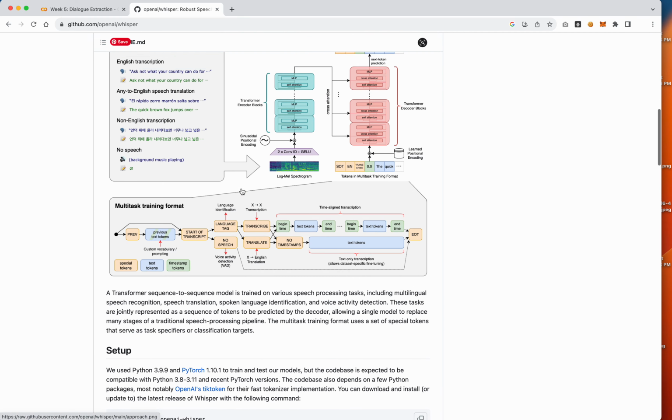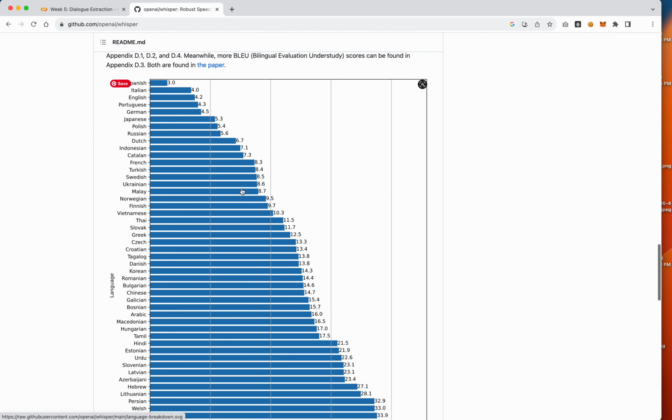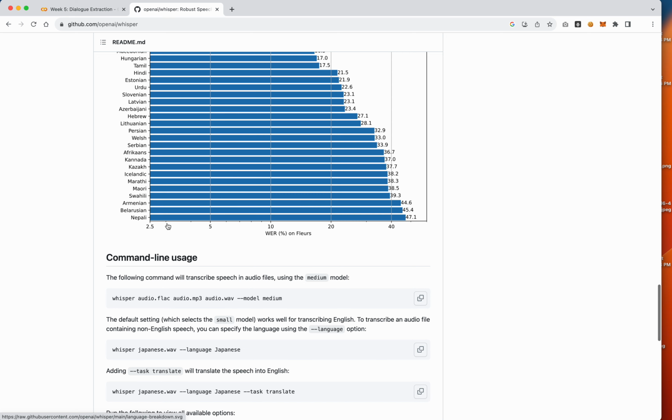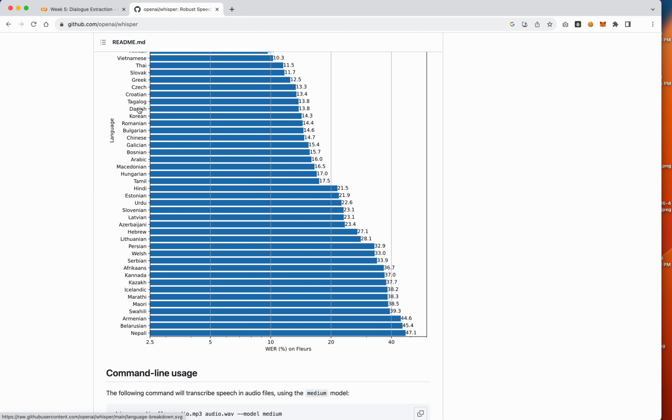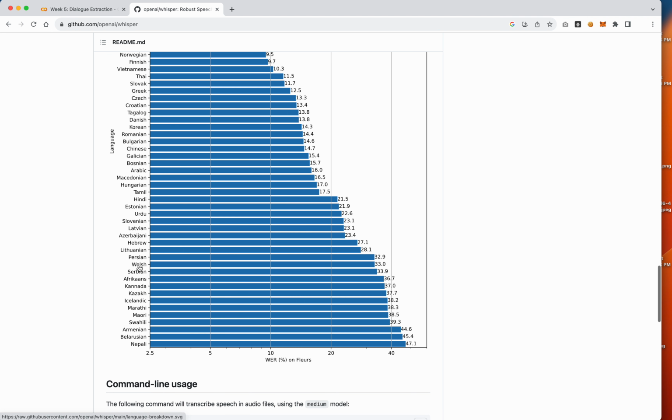So I've just gone to the OpenAI Whisper page, and you'll see here that these are all the languages it supports. So it supports Nepali, Swahili, a bunch of fairly, I don't want to call it uncommon, that seems rude, but languages that are not things that machine learning models are traditionally trained on. But you'll also see here that these scores, this is how good, for lack of a better term, it is